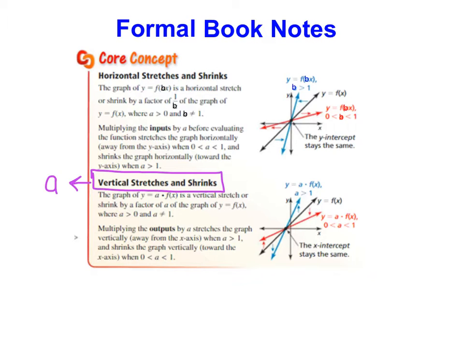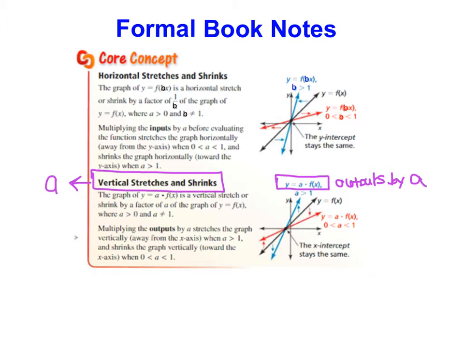So as you take your notes for this particular slide, I would note that we have our equation right here where it's very similar to our reflection equation, where if we vertically stretch or shrink an entire function, we're going to multiply the outputs, all of them, the entire function, by our A value on the outside. So notice that it's very similar to when we vertically flip our graph. We're going to multiply the entire function by a value, and in this case, we're going to multiply it by